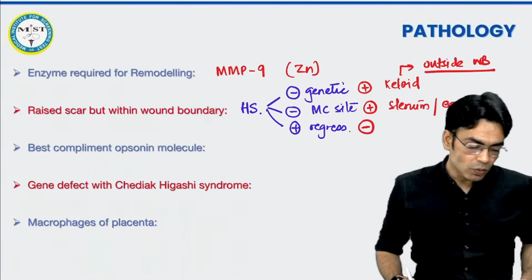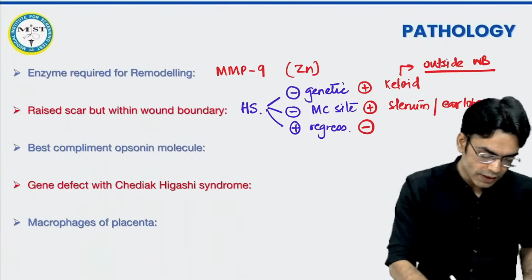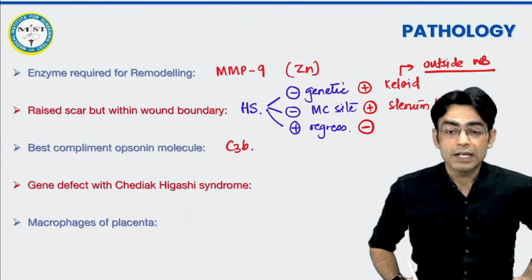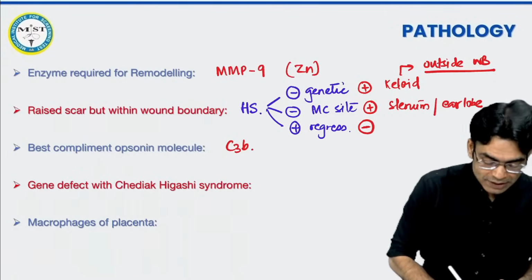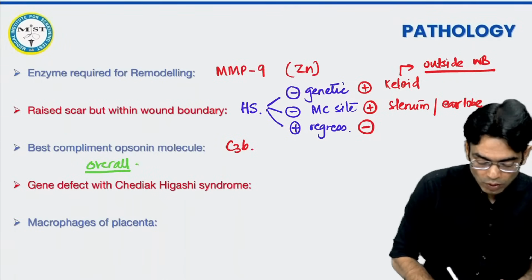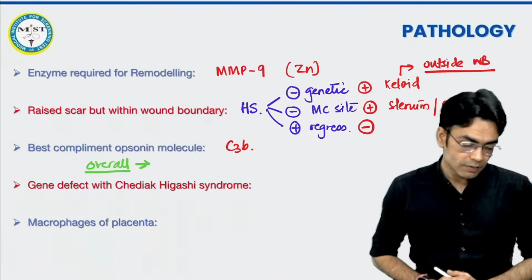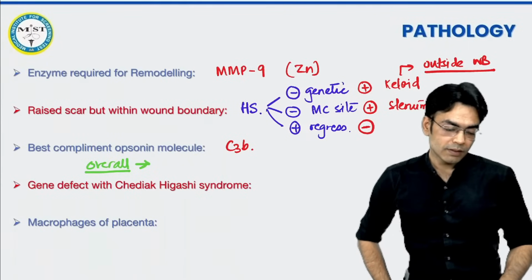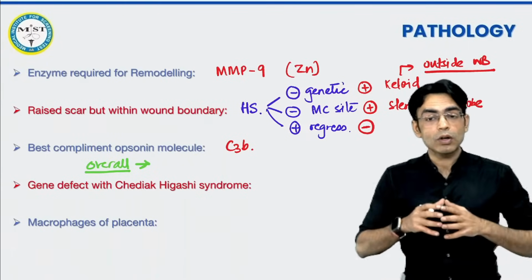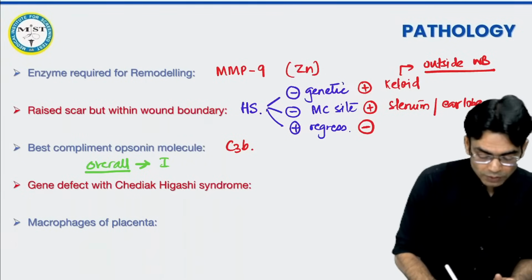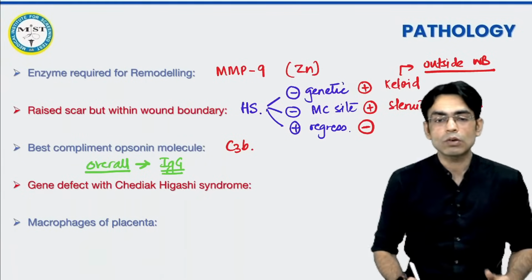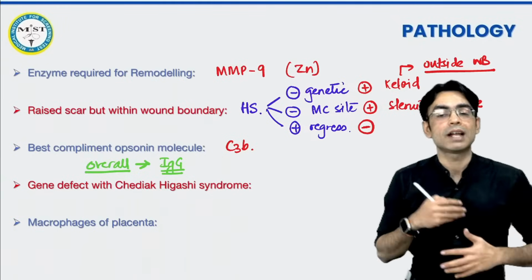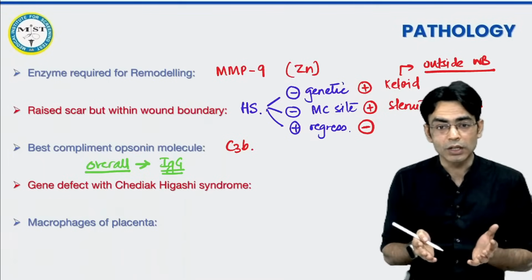ओके, चलो बेस्ट. अच्छा, अगला भी देना शुरू कर दिया. Very good. Best complement opsonin molecule is C3b. लेकिन अगर मैं आपसे पूछता हूं, let's say I am asking you बेटा overall बताओ, overall best. जल्दी से tell me what is the overall best? Yes, if we are talking about an overall opsonin molecule, then you already know it is your antibody IgG, क्योंकि इसका नंबर ज्यादा होता है. ठीक है. So IgG is overall best, but अगर complement system से they are asking you the best opsonin molecule, then it has to be C3b.